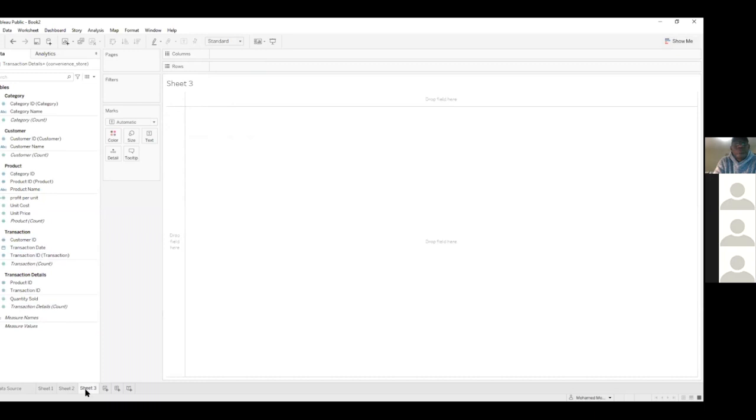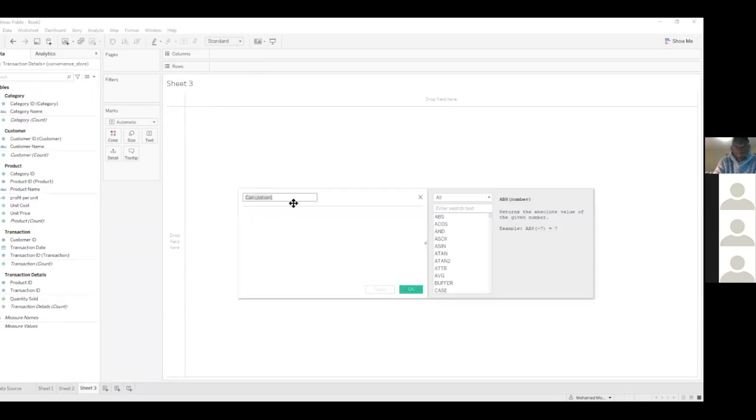Okay, so moving to the next question, we can ask another question: the product that has the maximum profit. So this time we want the number that represents the total profit for each product. What we want to do is multiply the profit per unit with the number of quantities sold. So we can again do another calculation, total profit,